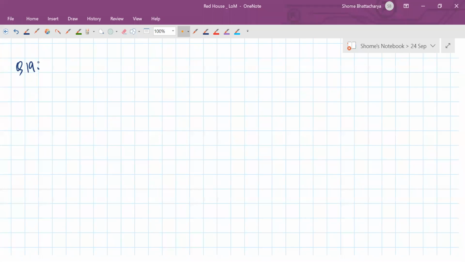Question 19 is a little divergent from Newton's laws of motion that we've been discussing, because it goes a little into the concept of buoyancy. So what is buoyancy? We'll just use the class 9 definition of buoyancy that you know. Buoyancy is the upthrust